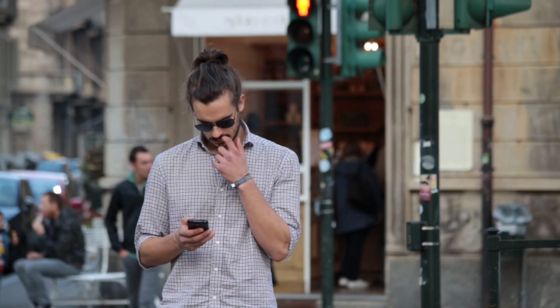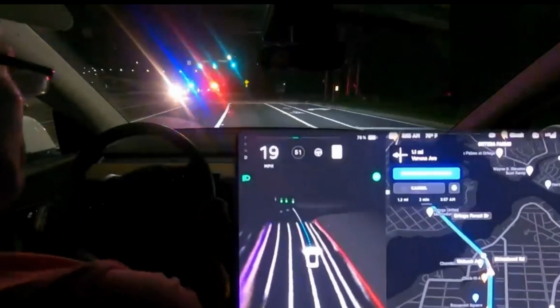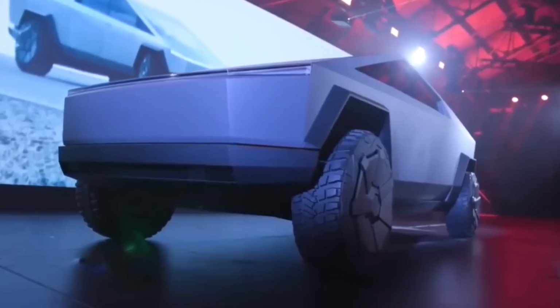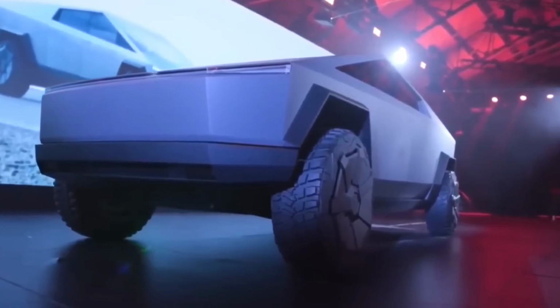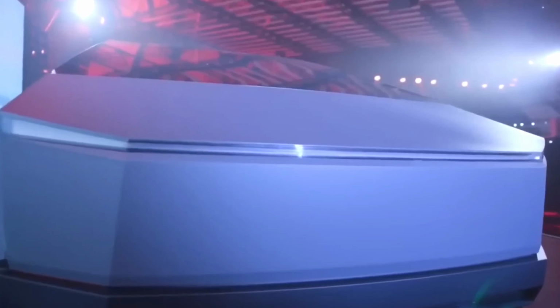Getting back to the topic, sources say that there have been indications for some time that Tesla is planning to remove ultrasonic sensors from its vehicles. In fact, prototypes of the Cybertruck, the first vehicle to use Tesla's Hardware 4.0 computer, appear to lack ultrasonic sensors